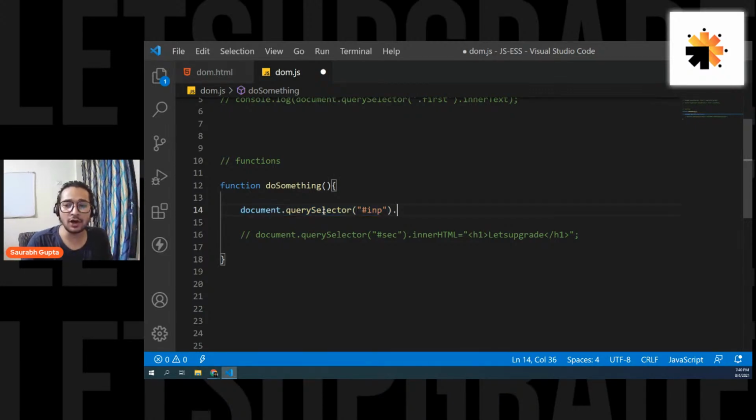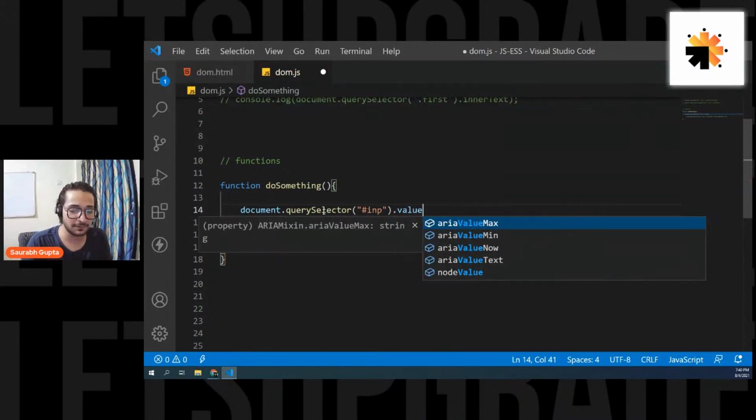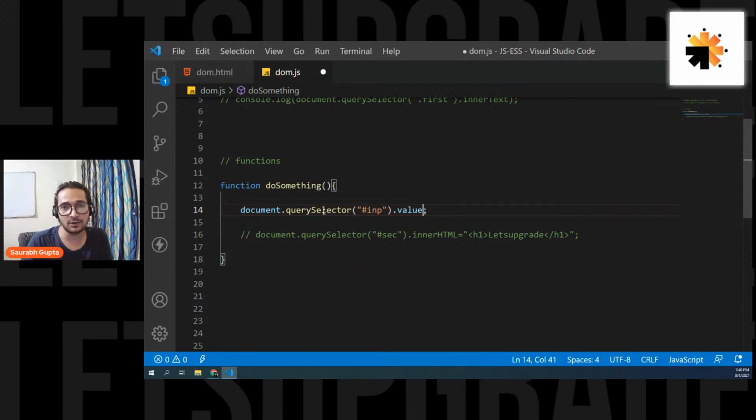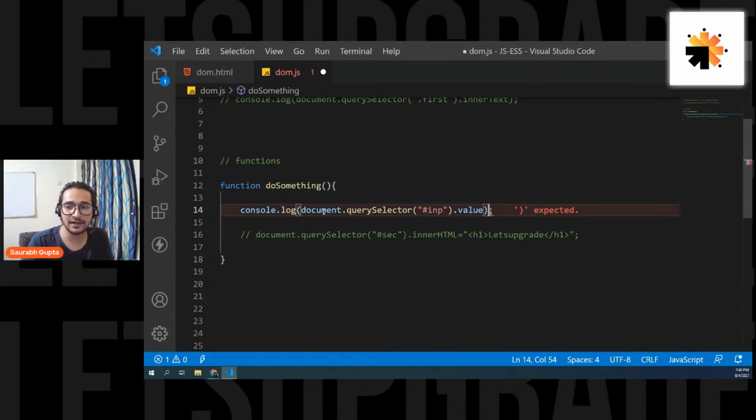Then finally, dot any attribute. Doesn't matter which. You can get the class attribute, the ID attribute, the placeholder attribute, the type attribute. But what attribute do I need? I need the value attribute. And just to show you if I'm getting the value or not, I'm going to print it. console.log the value, this thing.